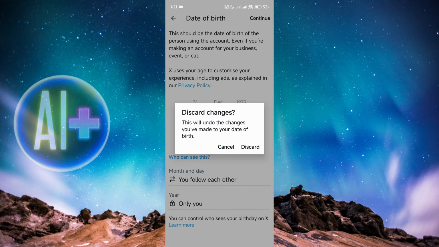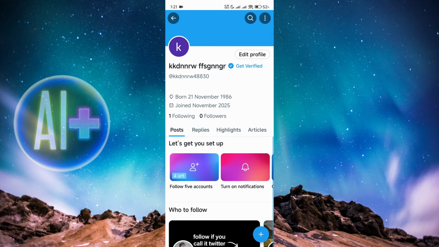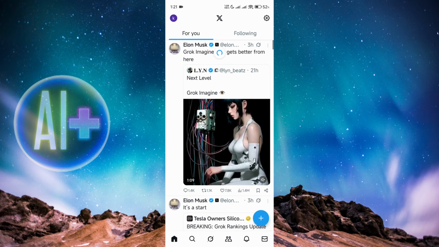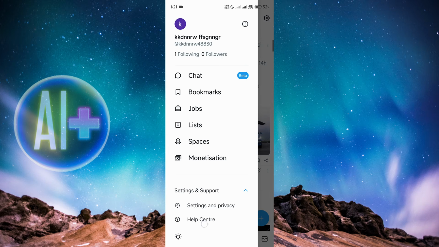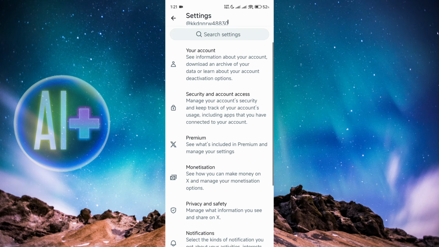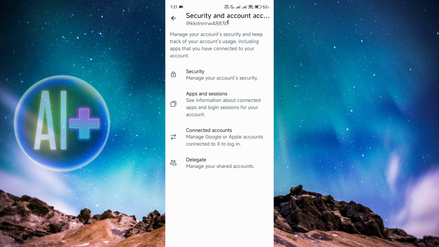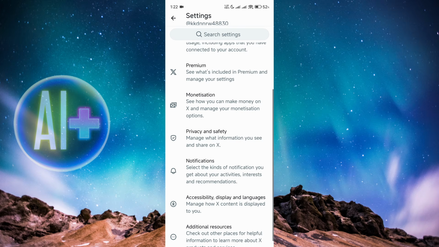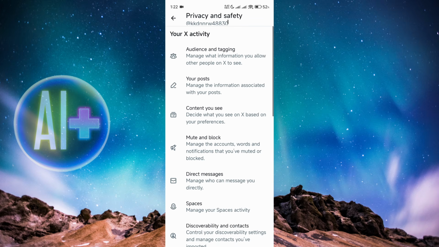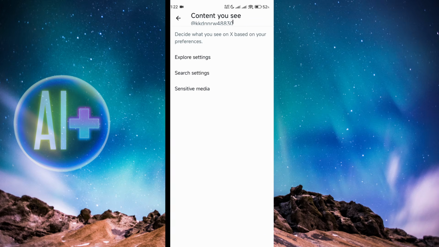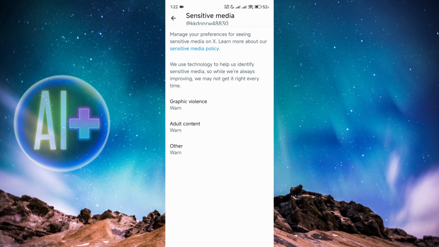and save that. After that, also, one more thing you want to do is you could just navigate to your settings right over here, and then go to settings and privacy. Then you go security and account access, and then you scroll down a bit and you go to privacy and safety. Then you go to content you see, you go sensitive media, and as you can see, you can set